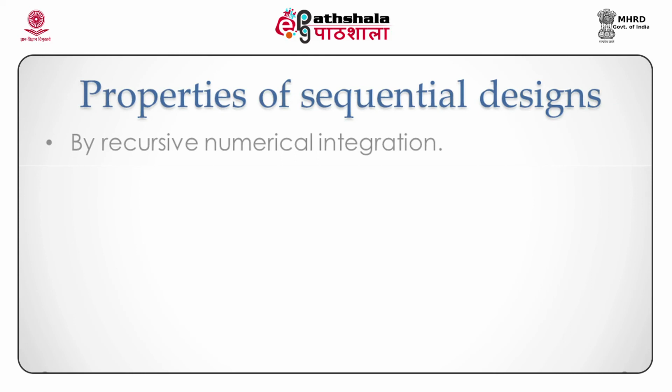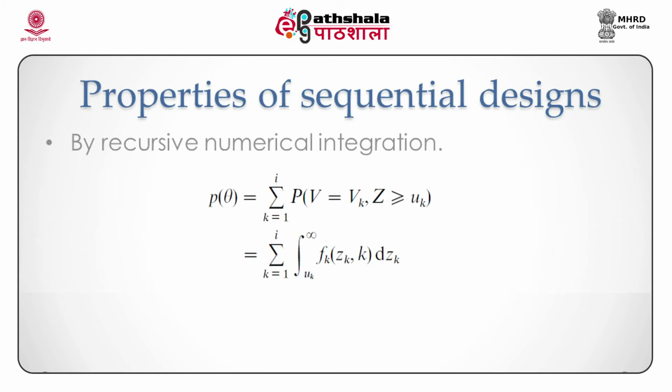So, for example, if p theta denotes the probability that the sample path of the statistic Z will exceed one of the upper stopping limits at or before the ith interim analysis, then this probability is given by p theta equal to the summation k equal to 1 to I of the probability that V equals vk and Z is greater than or equal to uk, which can be written in terms of the probability function of Z as summation k